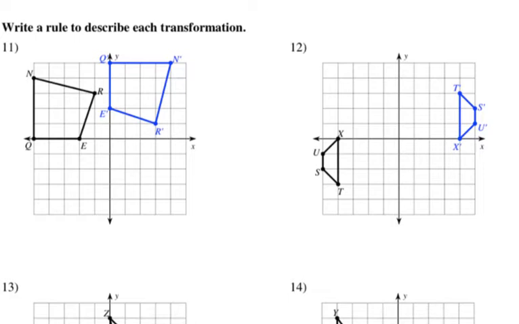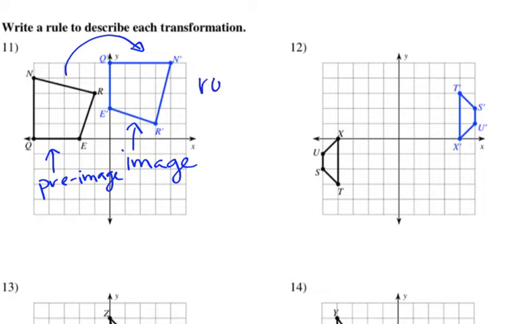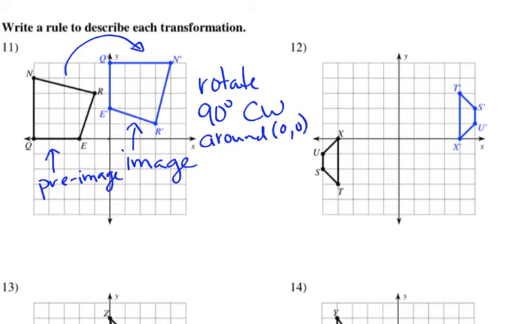All right, the way this is written, you can see this says E and this is E prime. So the ones with the primes on are the images. So it looks like the blue ones here are our image. And the black one is going to be our pre-image. Okay, so to get from the black one to the blue one, it looks like we need to rotate. So I'm going to use the word rotate. We're going to go 90 degrees clockwise. You can use the abbreviation CW for clockwise, and we are going around 0, 0,